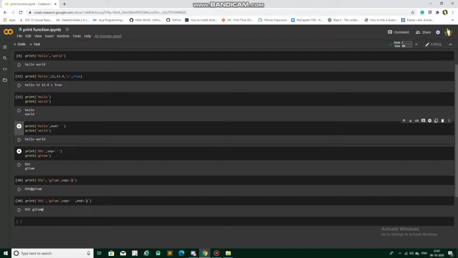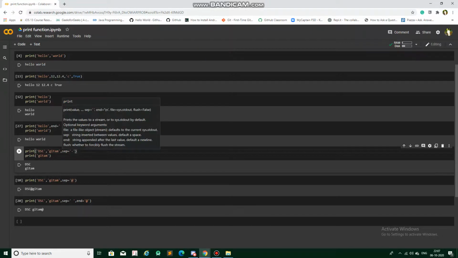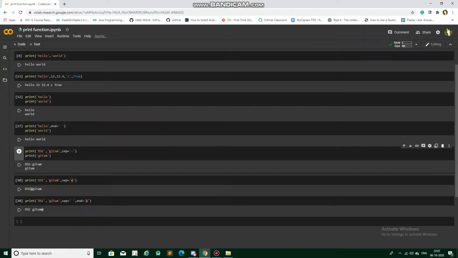If it is one string here and one string on the other line, it's not going to apply it. If it is one statement on one line with two or more objects, it's going to apply it. Like I've taken PSC Geetam and mentioned an @ symbol, so both the strings are separated with an @.